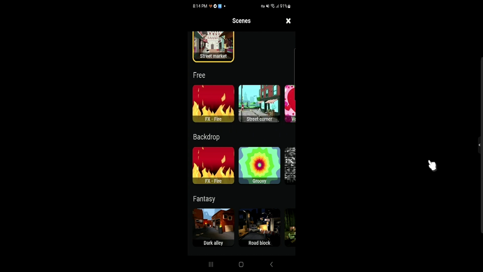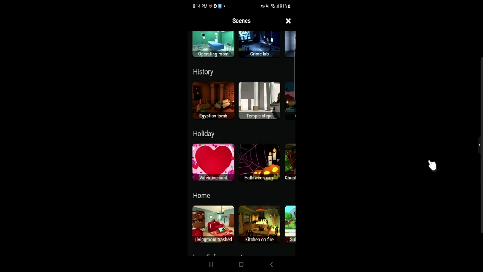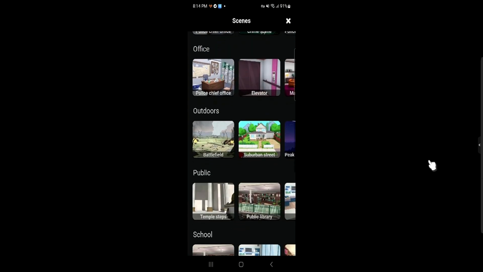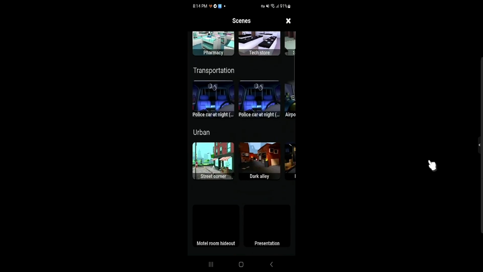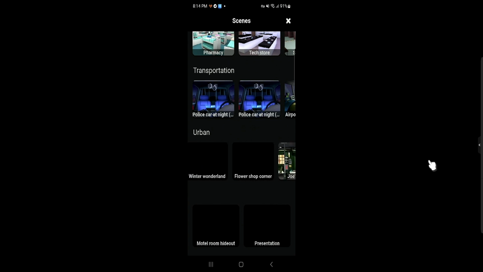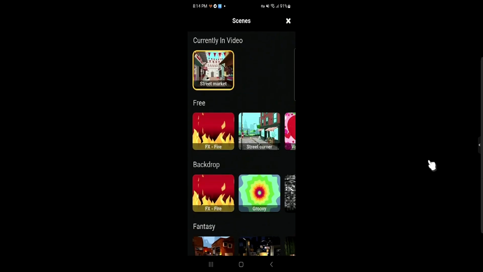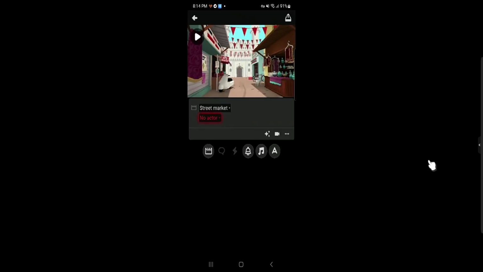Okay, and there is a bunch of locations you can choose if you buy the golden ticket like this. And after that